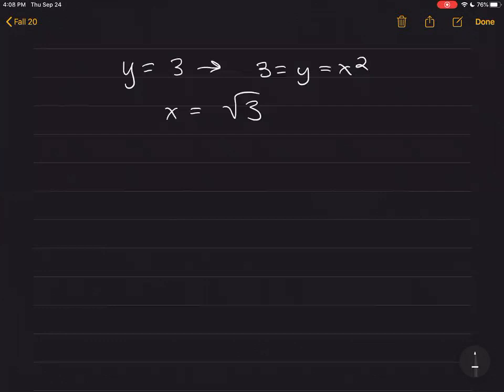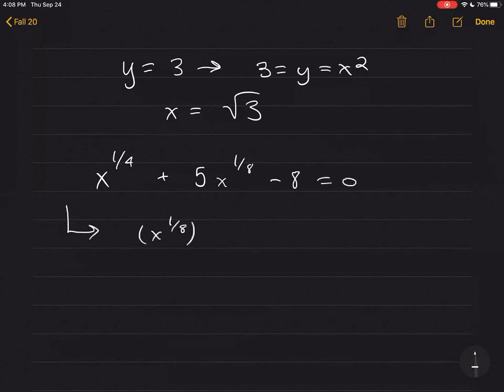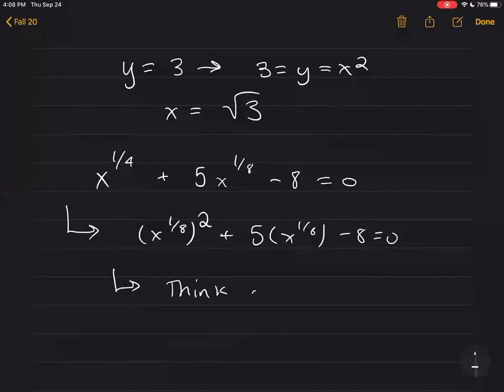Another kind of scary quadratic type thing that actually doesn't turn out to be too bad is if we have x to the 1/4 power plus 5x to the 1/8 power minus 8, for example. And you're like, oh God, that looks terrible. Well, we can write it like this. We could do x to the 1/8 to the 2, because if we multiply 2 times 1/8, we get 1/4 back, plus 5x to the 1/8 minus 8 equals 0. So here what you'll do is you'll think of y as equal to x to the 1/8, and then